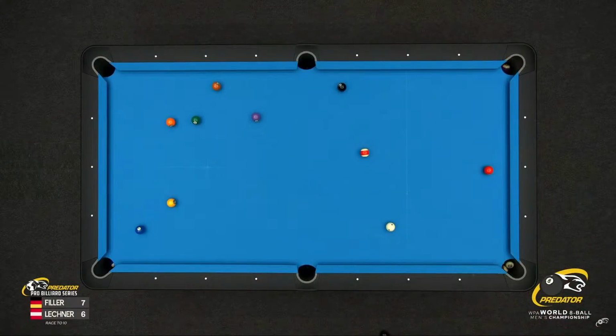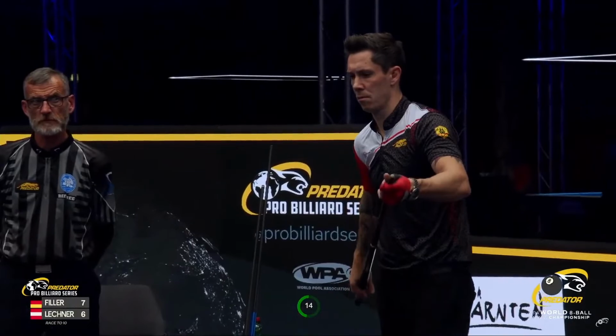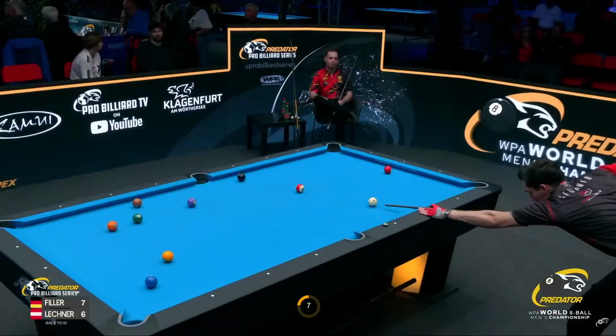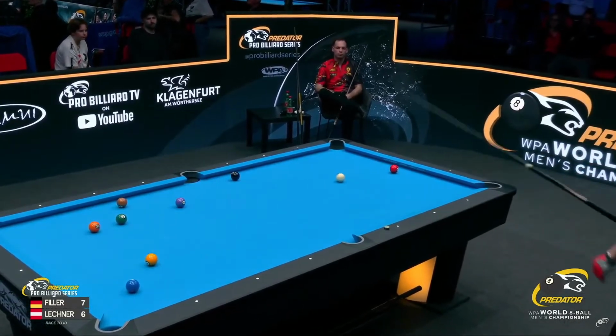Now, do you try to get on this 8 ball for that side pocket? Yeah, I think he has to. Now, see, if you had 4-inch pockets, that side pocket would be a lot smaller, making it tough. But no, I think for the pros, I think the 4-inch pockets are